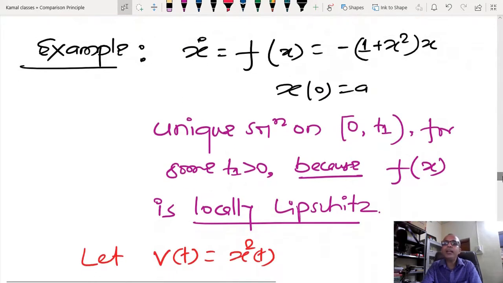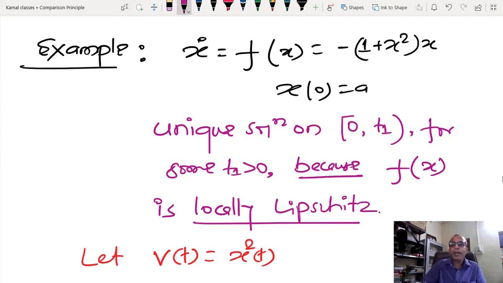For the time being, I have just taken the scalar case, but when we start Lyapunov stability, at that time we are going to take the vector case also, and I have already given a tutorial to all students. Please check that; the solution is also given. You have to make a one-slide presentation and present the solution. In this way I am able to understand whether you have understood at least the statement of the theorem. In that tutorial, it is possible to show that the comparison system can be applied for vector systems also.